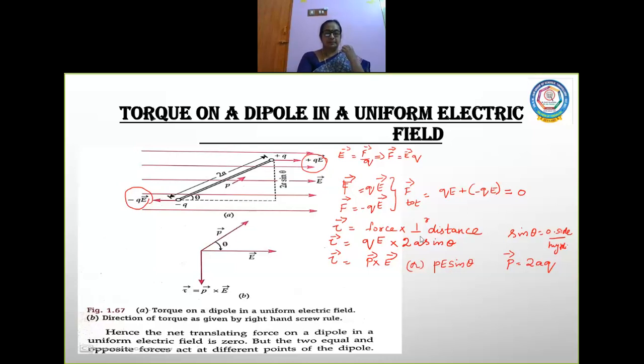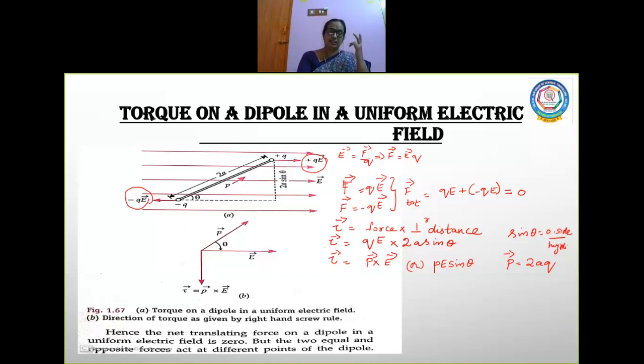Now come to this diagram. This is the dipole moment. This is the electric field and it is inclined at an angle theta. So the vector cross product will be P cross E. Now when two vectors are inclined at an angle theta, the resultant vector will be tau is equal to, here, A cross B. Now here instead of B you substitute P and here it is E. Recall the cross product which you studied in 11th standard, children. Definitely you have to go through it.